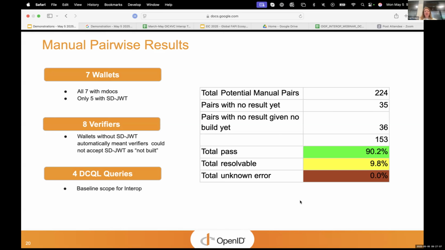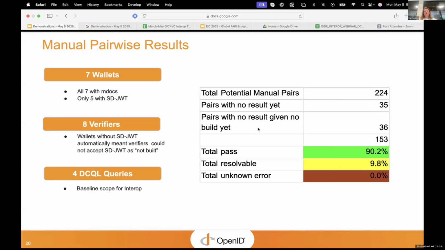That meant there were a total of 224 manual pairs. Out of that group, there are about 35 pairs that we didn't have the results for when I wrote this up last night. There were a few pairs with no results, given that they had no build yet. So there were those that we believe had the functionality but didn't test, and then those that did not have the functionality at all because they hadn't built to that particular configuration, like they didn't have SD-JWT.